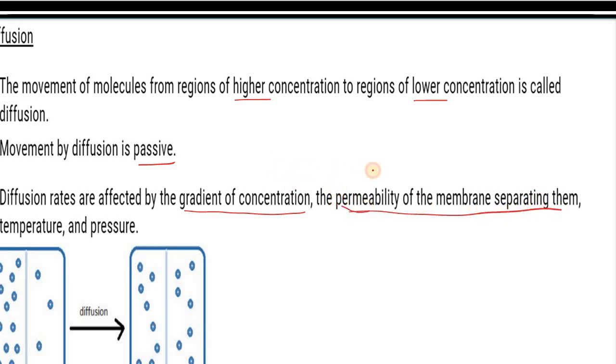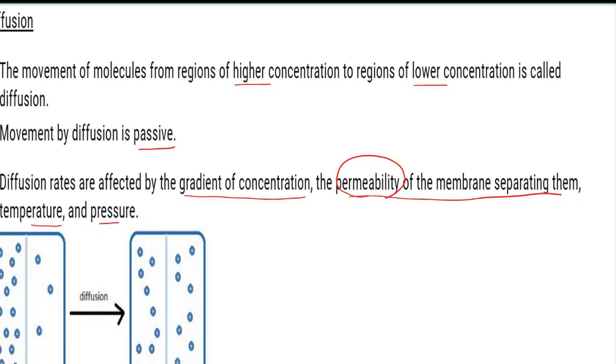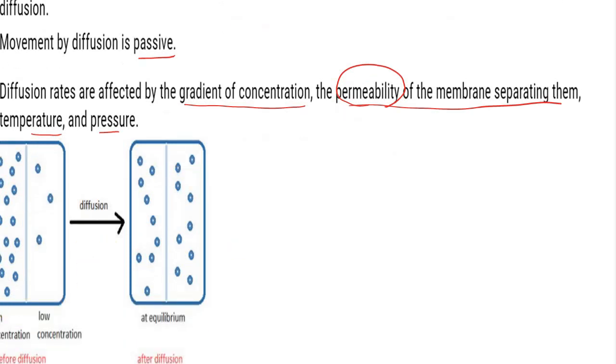The permeability plays a vital role in everything, let it be diffusion, let it be osmosis, let it be anything. Permeability is the main factor in having the flow, whether slow or very slow. It also depends on the temperature as well as the pressure. Now you can see this in the picture here. In diffusion, we have a high concentration zone here, and it starts flowing from high to low, and this is the permeable membrane we have in the middle.